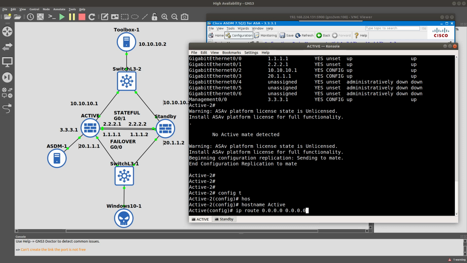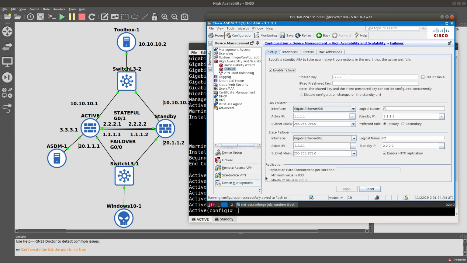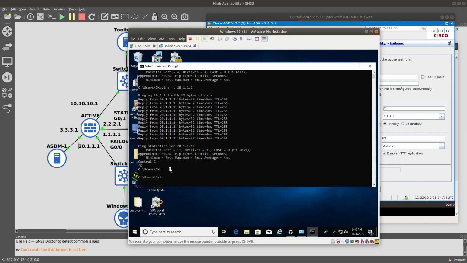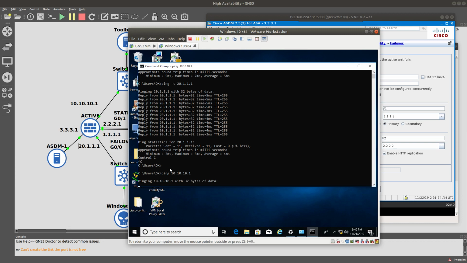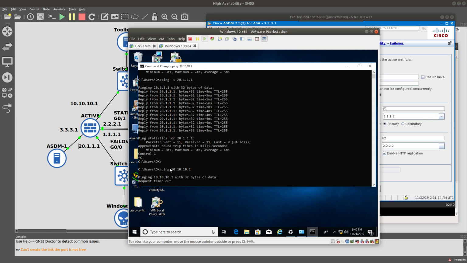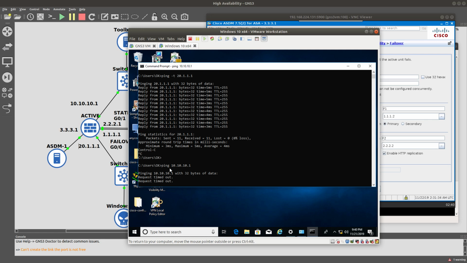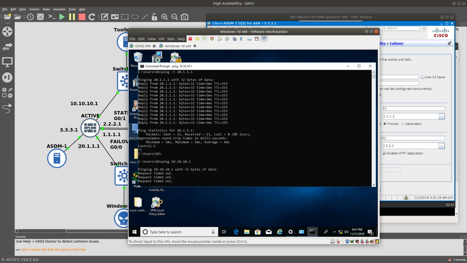Well, actually, everything is going to be over here, so I should be able to also, from my Windows device, let's bring it back up, I should also be able to ping 10.10.10.1. Well, am I able to? It is timing out, so I am unable to ping this one